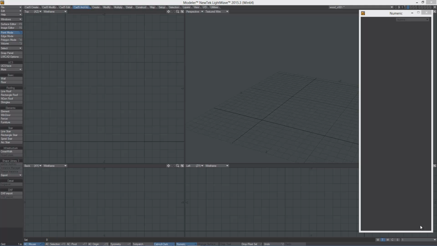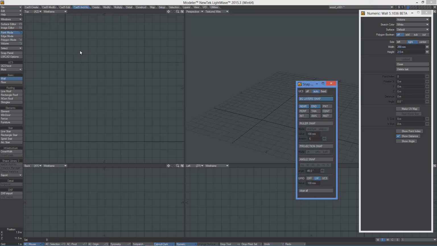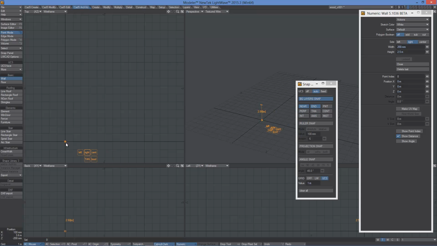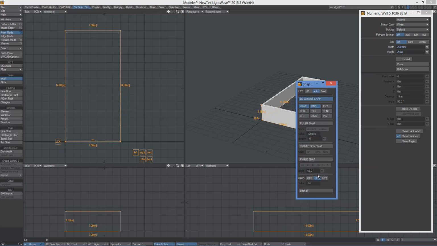As a first step, we need to create simplified objects of the wall and roof. First, the wall tool. I will set in a snap panel UCS grid snapping, so I can create the wall easier, and I will draw it 7 meters to 14 meters, simple wall object, aligned to the left, so it will be offset inside, disabling grid snapping to light wave back,